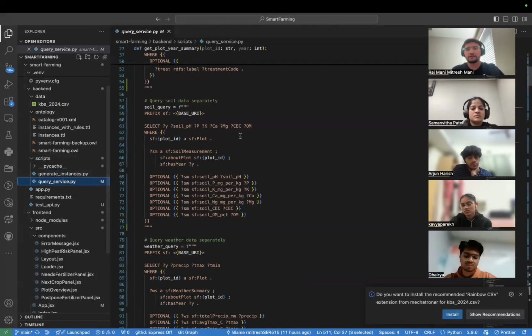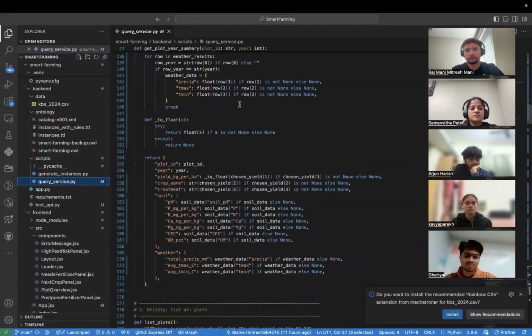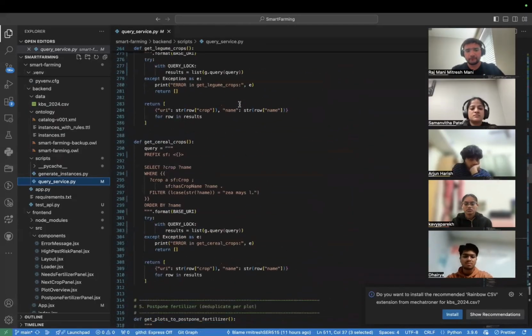So we have used this file called queryservice.py. In this file, you would see all of those queries which we'll be using later in our UI. For example, I could give you a brief overview of one of those queries. So let us walk through